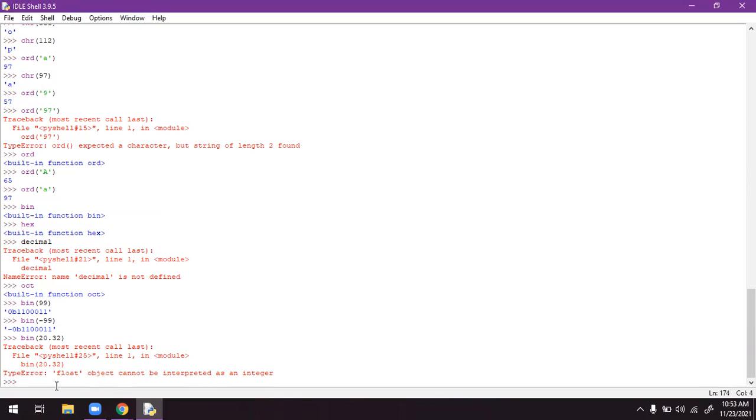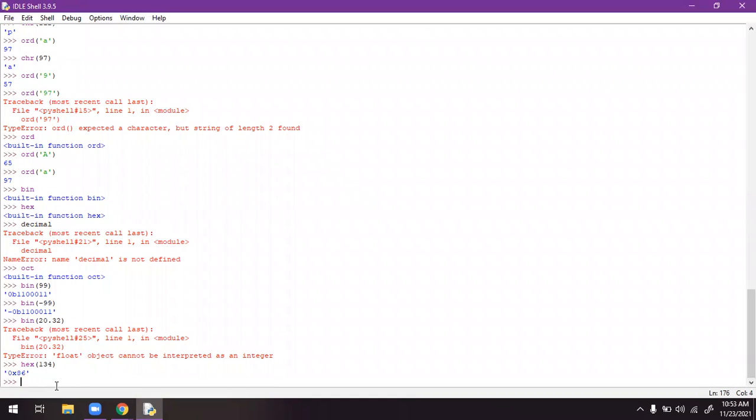Likewise, if you take hex, we cannot write in quotations. Why? Because we are taking an integer now, 134. If you hit enter, you will get 86 as the magnitude for this 134.